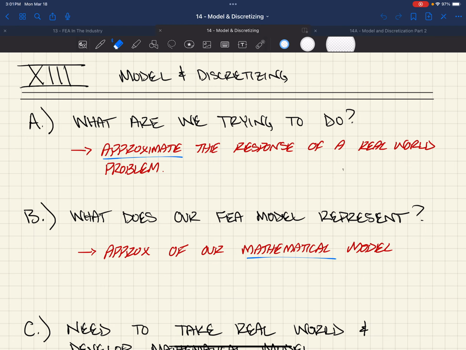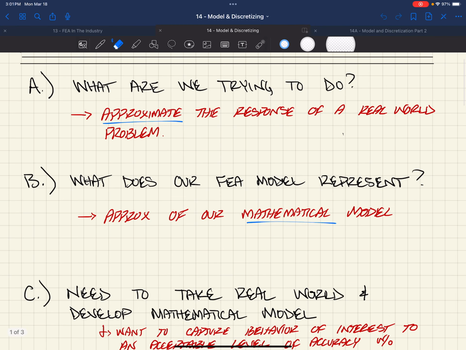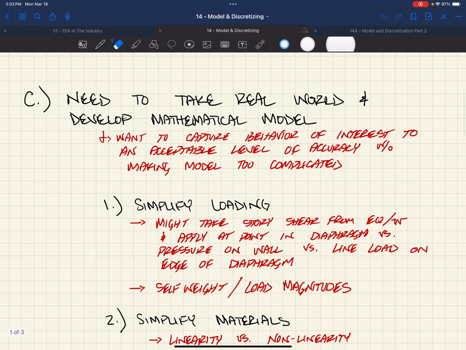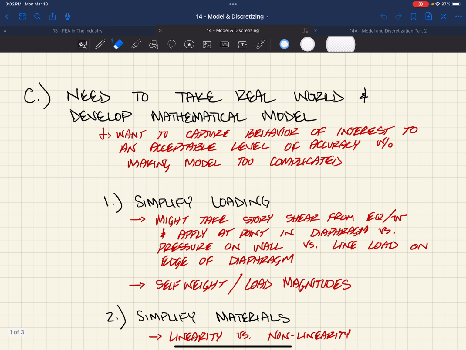And so if we go back here, we really have to boil down our incomplete building and come up with this approximate mathematical model that we're going to try and represent in our FEA, our finite element analysis. So we need to take the real world and develop the mathematical model. We want to capture behavior of interest to an acceptable level of accuracy without making the model too complicated, right? I just kind of went through that. We need to do that by simplifying a lot of things, right? And these are all at the discretion of you, the designer, the engineer. And when I say you get to make these decisions,